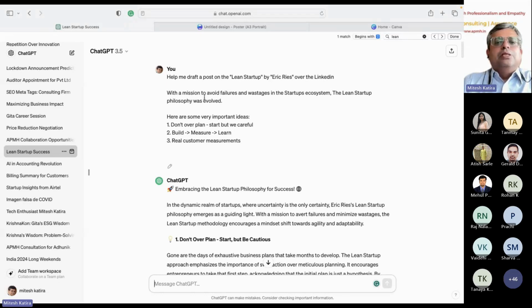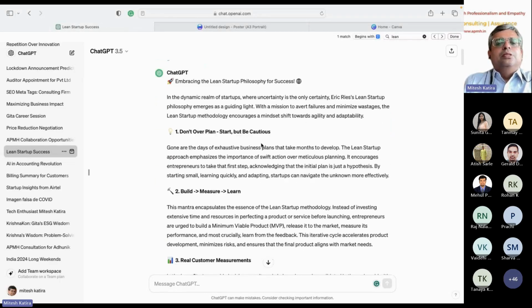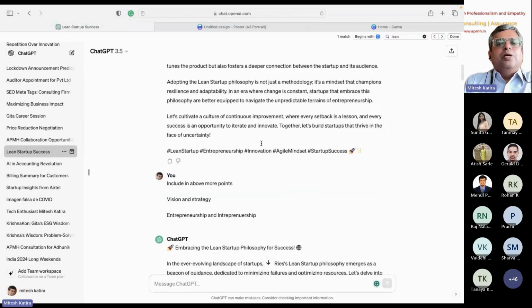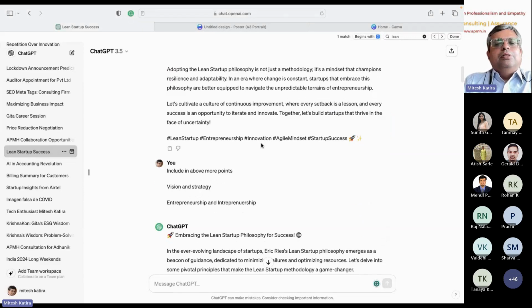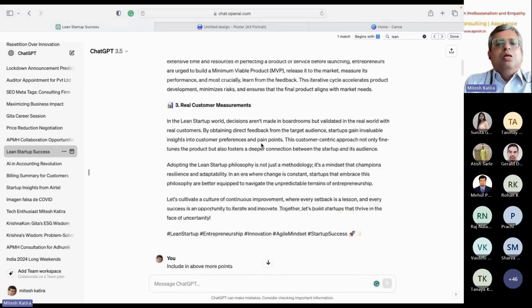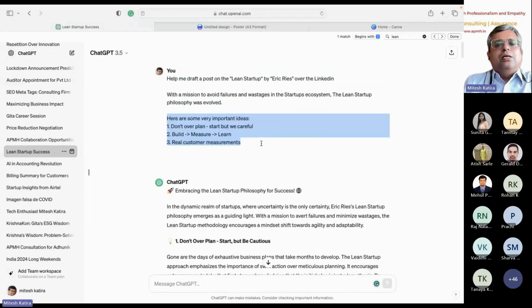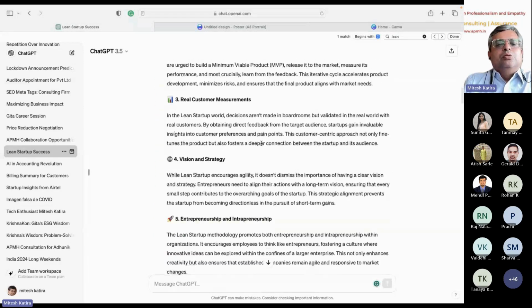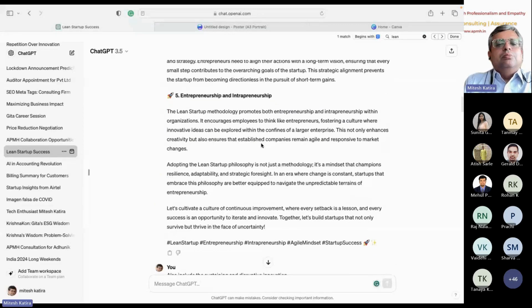एक पोस्ट बनाना है विथ अ मिशन टू अवॉइड फेलियर्स वेस्टेज इन स्टार्टअप इकोसिस्टम, लीन स्टार्टअप फिलोसॉफी वाज इवॉल्व्ड। मुझे ये बेस पे पूरा लिखना है। फिर मैंने सोचा नहीं, मैं 2-3 पॉइंटर्स देता हूँ, तो 2-3 पॉइंटर्स दिए, तो उस तरह से इसने 3 पॉइंटर्स पे आर्टिकल बिल्ड किया। फिर मैंने कहा विजन एंड स्ट्रेटेजी और एंटरप्रेन्योरशिप एंड इंटरप्रेन्योरशिप, ये 2 मुद्दे और जोड़ दो इस आर्टिकल में। तो उसने 2 मुद्दे जोड़ करके इसको अच्छे से बनाया।